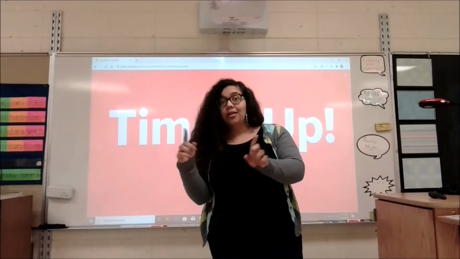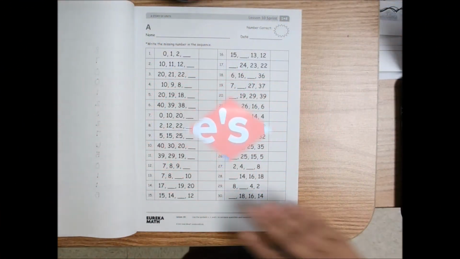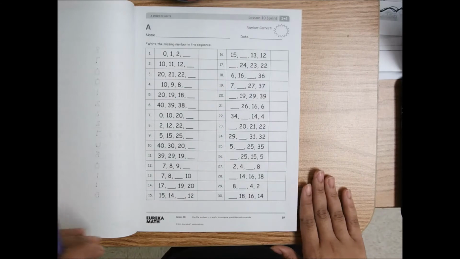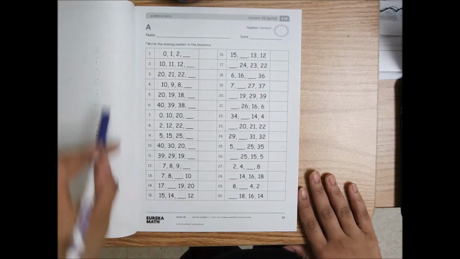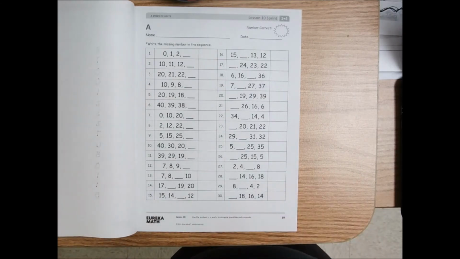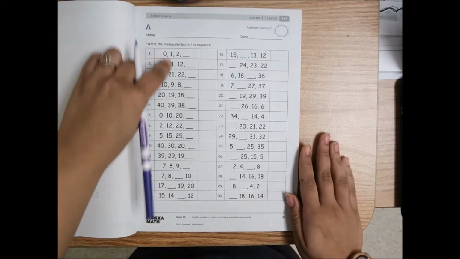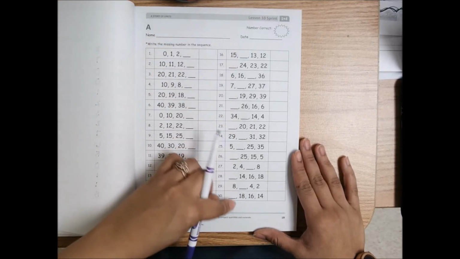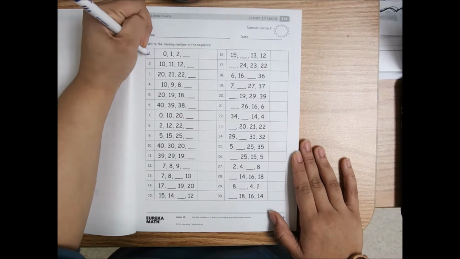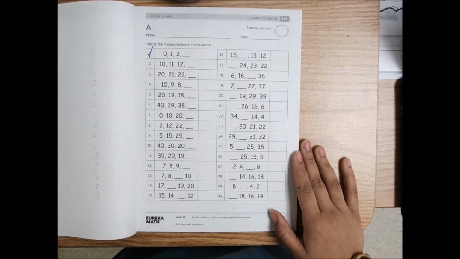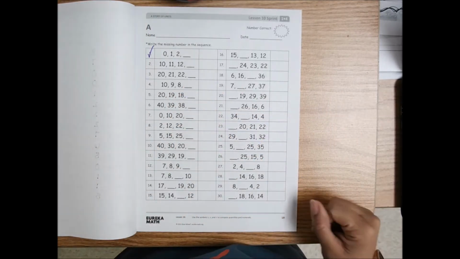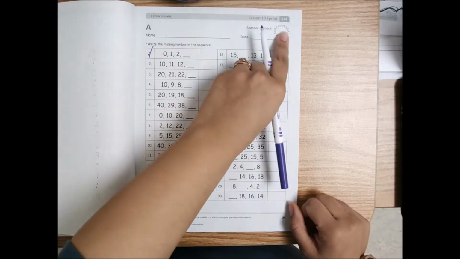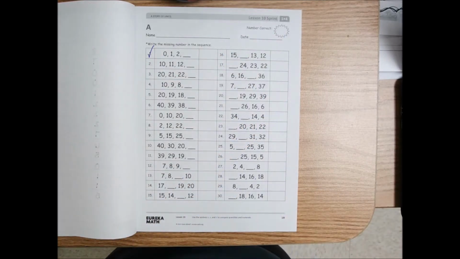All right, yes, we're going to go ahead and check our sprint now. Our directions read, write the missing number in the sequence. Starting at the top, working our way down, returning to the top of column 2, coming down to the bottom. You get it right, you give yourself a check. You get it wrong, give yourself an X. And we're going to count up how many we got right and put the number in the starburst. So, number 1,